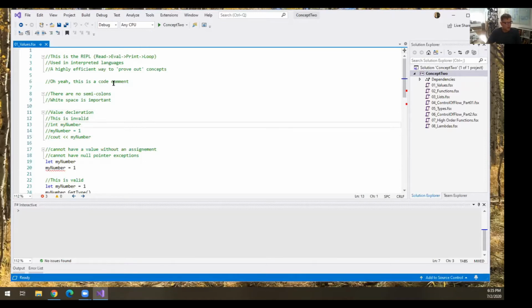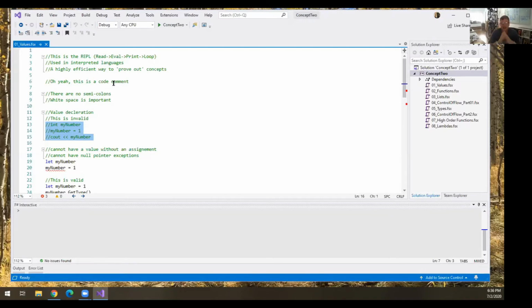Now, lines 13 to 15 should look incredibly familiar to you, where I'm declaring an integer called my number. On line 14, I'm setting that integer to 1, and then I'm sending it to standard output. This is valid C++ code, or at least that was what I was told when I went to Wikipedia to look up the values. So, Jason, does that compile? Would that work? Well, not by itself. You may have to have an include file and some other things, but yes. Okay, but that block itself. Yes. I know that this is a primitive type, not a native type, like we're doing integers versus ref types.